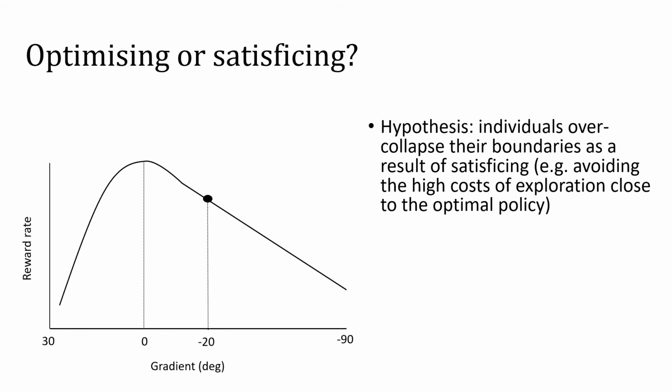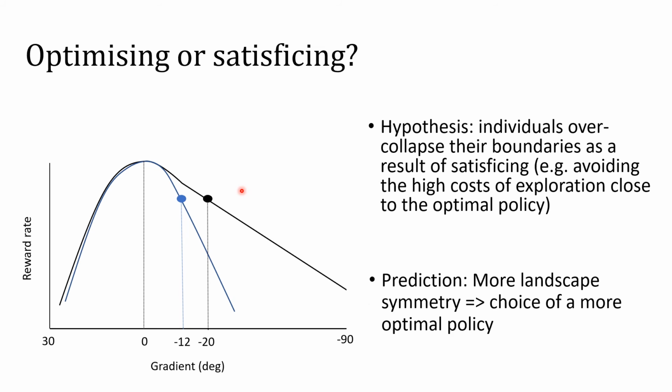This means that if the optimal policy were the same, but the negative gradient thresholds yielded lower reward, settling on the same policy would prove to be way less beneficial, and thus we would expect an agent to select a policy closer to the optimal one if they wish to obtain the same levels of reward rate. So in essence, making the reward landscape more symmetrical around the optimal policy should push agents to adopt policies closer to the optimal one, and vice versa.